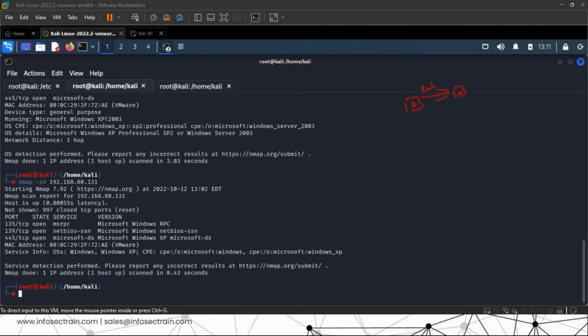Now, when I'm talking about an Nmap scan, how is the scan running at the back end? I can use the scan nmap -sT. It stands for TCP full connect. Now what is happening over here at the back end? A is trying to communicate with B, and he is particularly trying to check